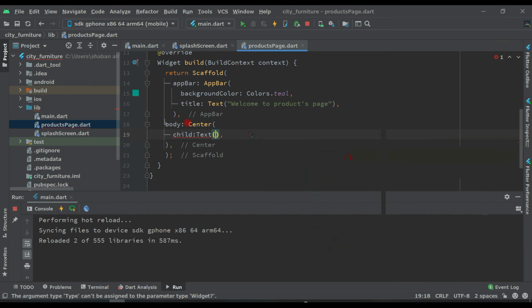We are not seeing the splash screen because inside this splash screen we did not give any images. So let's give one image here.